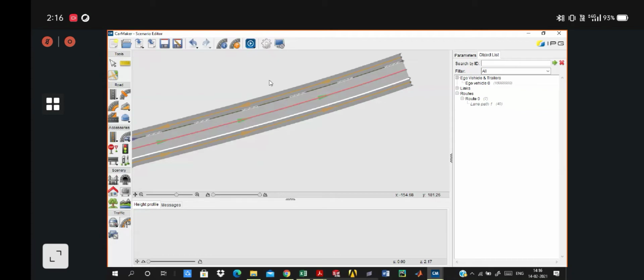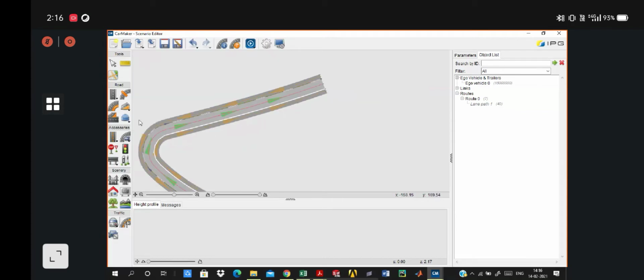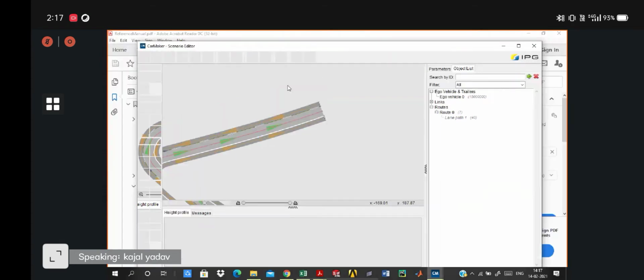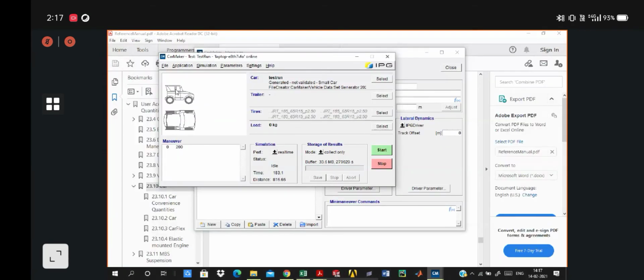Okay, so this was about the route, which is a prerequisite before you start the simulation. So after defining the route of your simulation, you have to select the IPG movie where you can see your simulation.